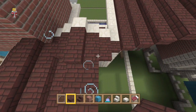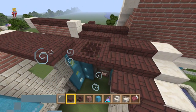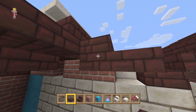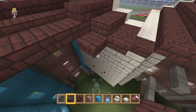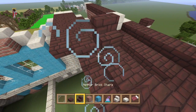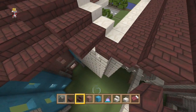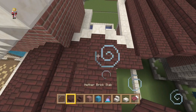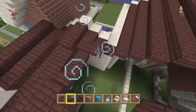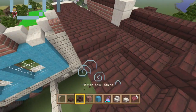I'm trying to match it up with the other side as much as possible. Okay, so we could get it symmetrical if we done it like this and we went half a block down. Can I delete that one without deleting them both? Yeah, I can. Like this. And then if we put in that there, see how this bit, I'm concentrating on this bit at the minute, it's looking a little bit symmetrical. It's this one comes out like that, and then if we put another stair in there,